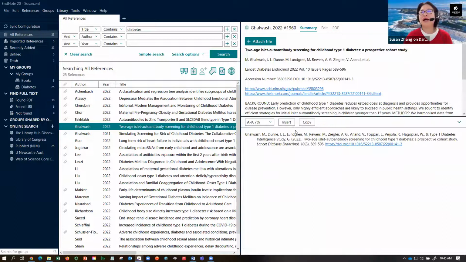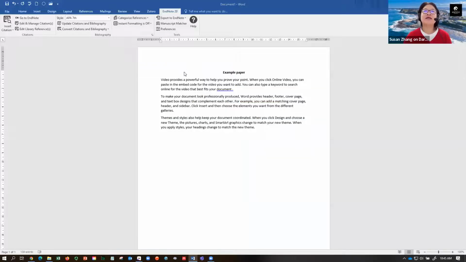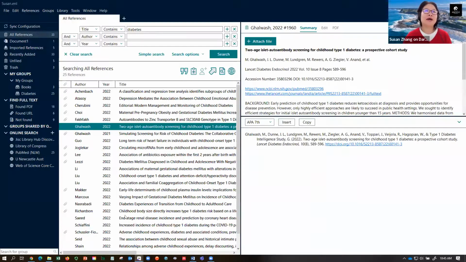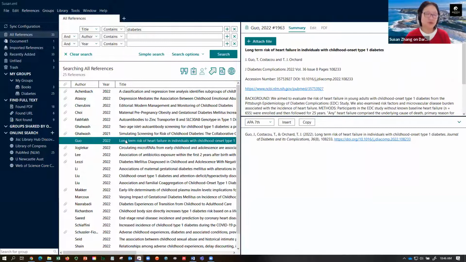For example, this one, I want to insert it into my EndNote library. So I select the reference, and you can see there's an icon that says insert citation, and I can click on the icon, and you can see the citation is inserted into my Word document, and the bibliography is created for me. And if I want to do another one, I can, for example, insert that one, and also maybe